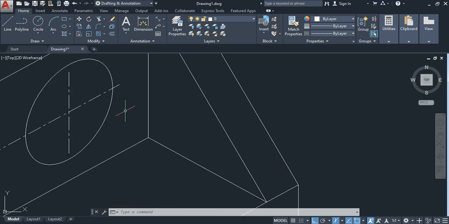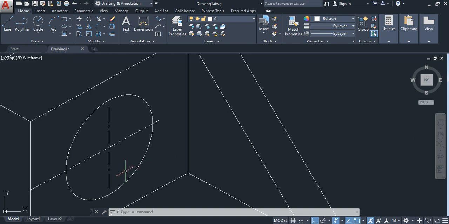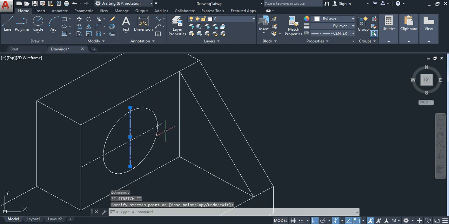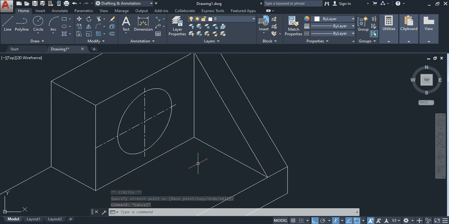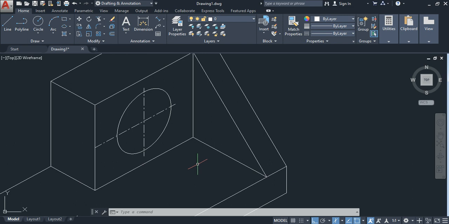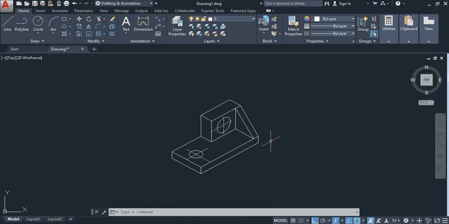Suppose you want to extend this center line. Here suppose it is not beyond the circle. If you want to extend it, just select here and drag up to this point. Okay, just click, and here also if you want the center line to cross the circle, select here and just escape. Select and stretch, and you will get it. Next, the diagram is over,